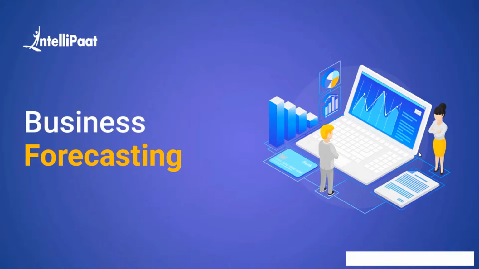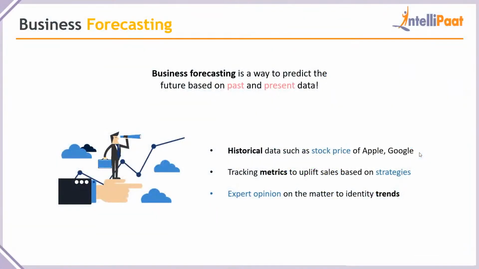So the next thing that we have to talk about, whenever I talk about business analytics, is something called business forecasting. This is a very, very important concept. I'll tell you why. Business analytics is all about driving some insight based on the current data that you have, or based on the data that you've probably gathered in the last 1 month, last 1 year, or let's say the last 10 years as well. So what business forecasting does is it gives you a medium through which you can predict the future. Forecasting literally means that you're forecasting what's going to happen based on the data that you have. How amazing is that, right? This happens a lot in the world of stock markets.